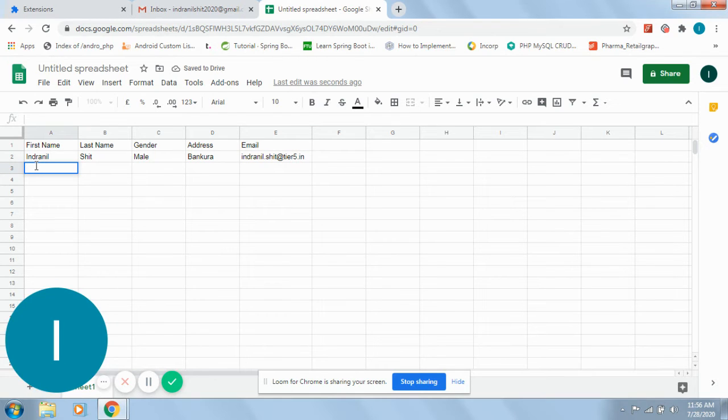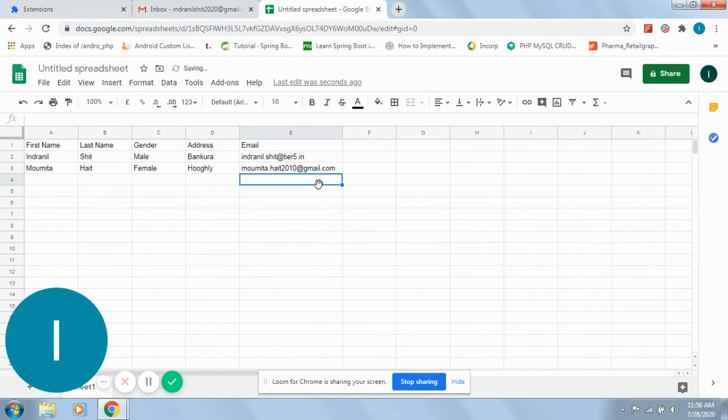Second name we are giving. So we have created one spreadsheet.